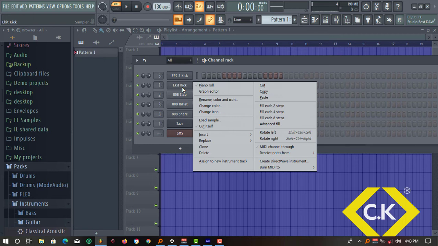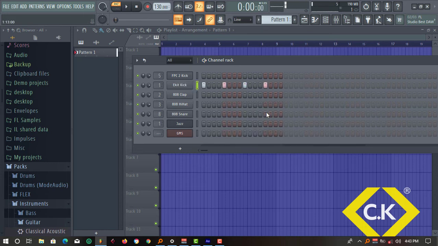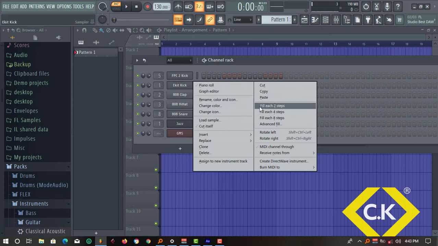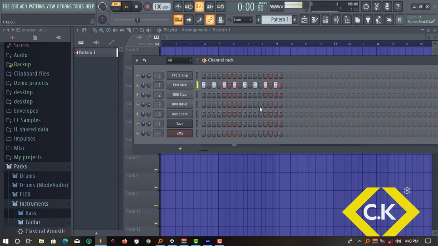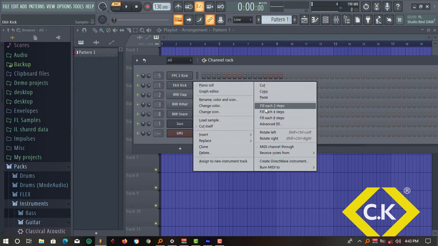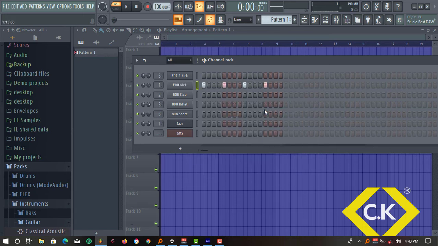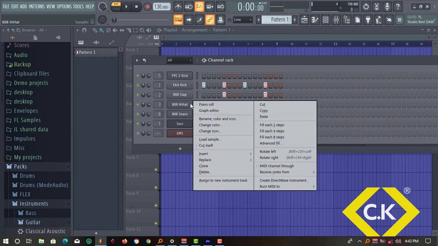Though if it has an option where you have to fill in different steps, so if you want a 4-step, you press that, and that's what you get. If you choose to pick it, that's the sound you get. But in this case, for demo sake, we'll use 4-step and then clap. So this is how you would